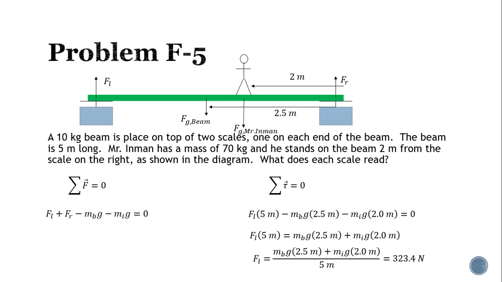Now, there's actually one of two techniques I could use to find the force of the right-hand scale. One would be to set the axis of rotation on the far left and do sum of torques equals 0. That'd be valid. Or the second one would be to use sum of forces equals 0. I'm going to use sum of forces equals 0. So I'm going to add the weight of the beam and the weight of Mr. Inman over there, subtract the force that the left-hand scale says,